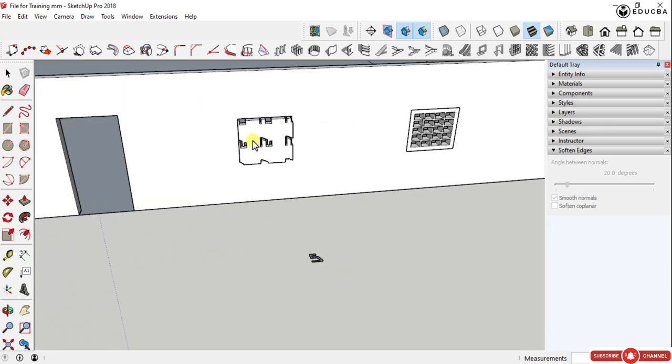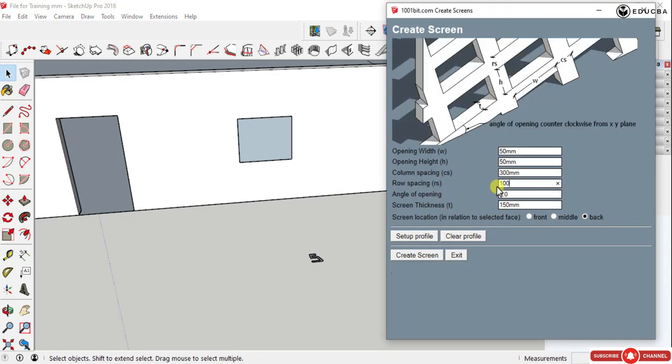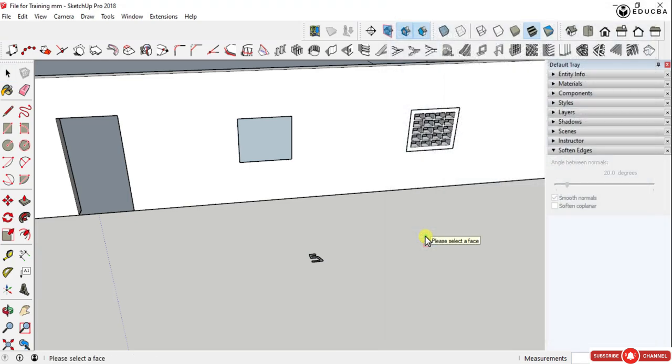I'm going to reduce the gappings. I'm going to undo everything, and the row spacings I'm going to reduce them to 100. Even here I'm going to make it 100, and the height of the opening and the width of the opening I'm going to edit to 75 mm. Let us see what changes we see. I'm going to now set up the profile,